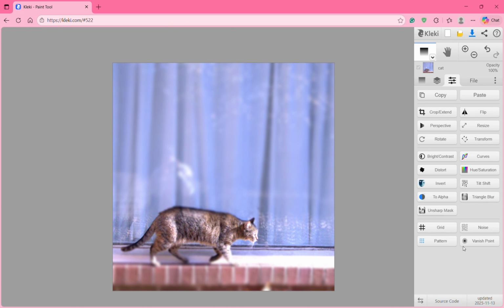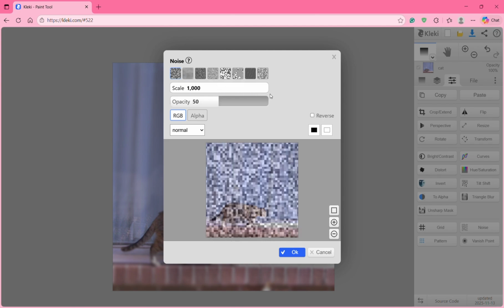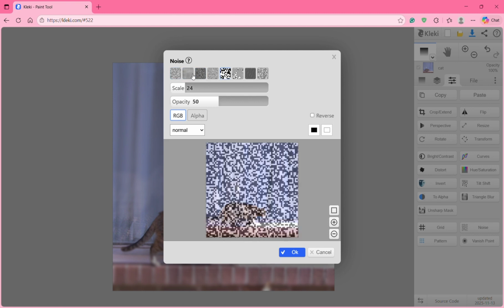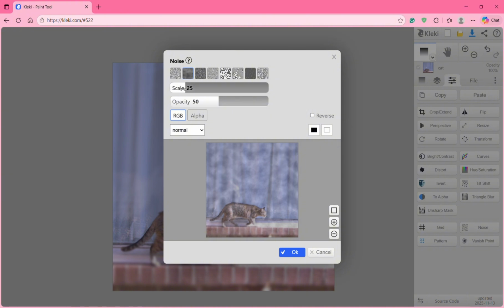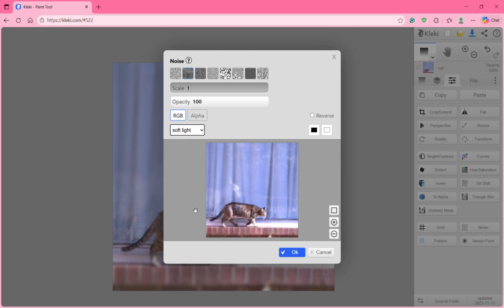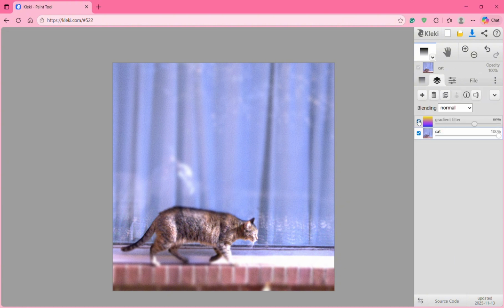And I like to add noise to my photos, and this makes them look a little more vintage. So you can see increase the noise or decrease the noise, and there's different types of noises you can add. I like this one, the second one, and if you put it down to 1 and you either increase the opacity and blend it to like a screen or like a soft light. I like the soft light. You can also decrease it and not make it too harsh. Click OK. Now that looks like a vintage photo. Okay, we go back to layers. We can turn back our filter,